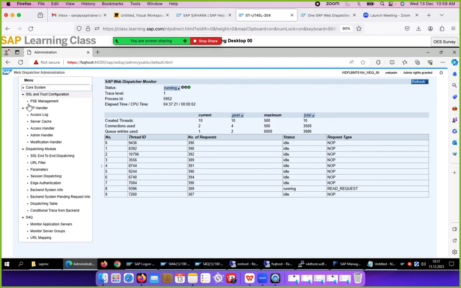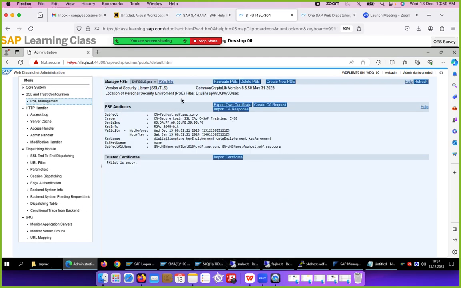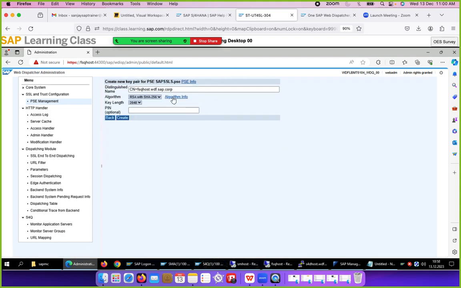Core system PSE management. So what we did, we have gone here, SAP SSL S PSE. We can recreate or create. We created here. We have specified